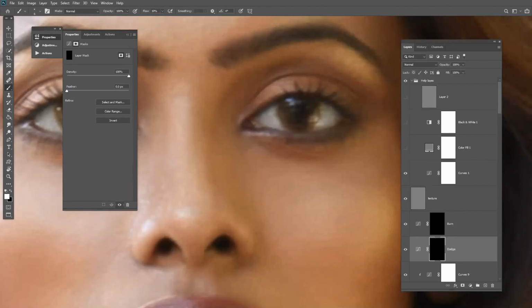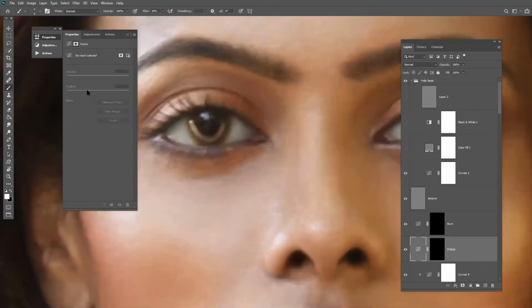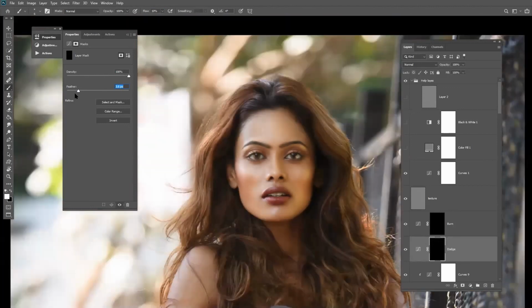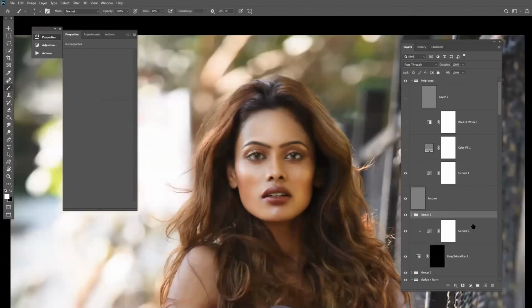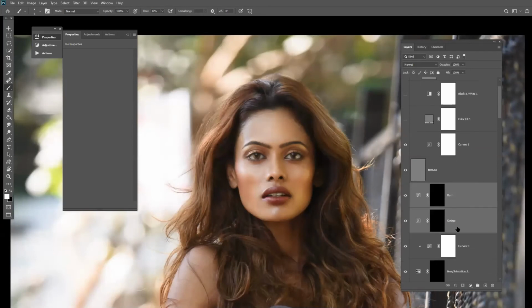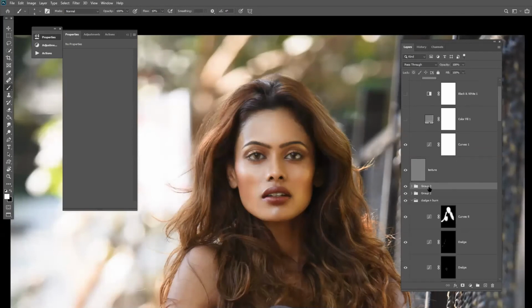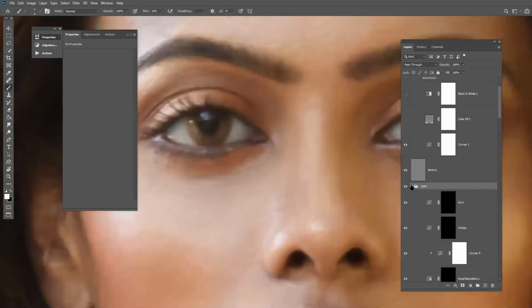Double click and increase it a little according to your choice. Here we can see now what we do. We take the mask area and soften out the hard lines. If she's wearing lenses, then you can easily work with the dark parts of the lens line.